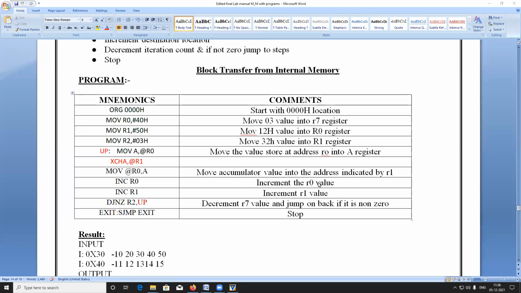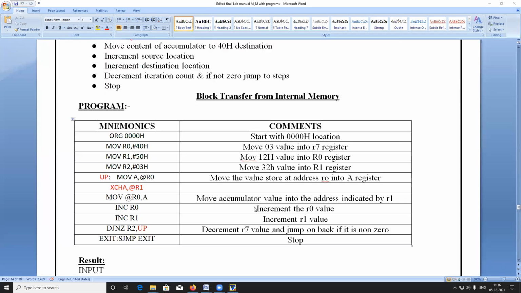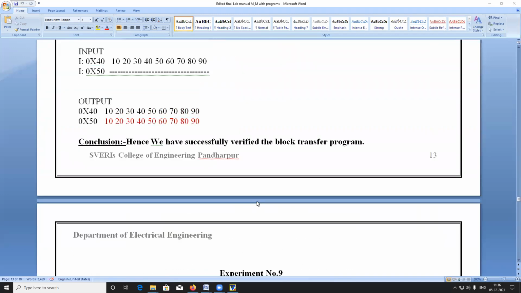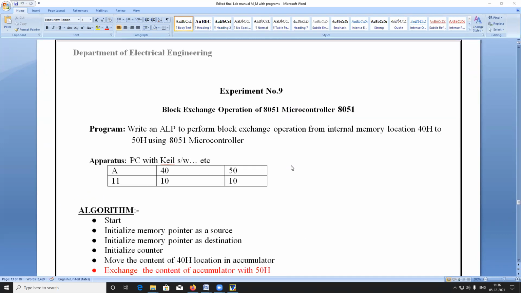Okay, good morning, everyone. Last time I gave experiment number 8, and I think we already discussed experiment number 8. If those students are absent, we'll discuss experiment number 8 again. The next two practicals are there. So today we are going to do experiment number 9.